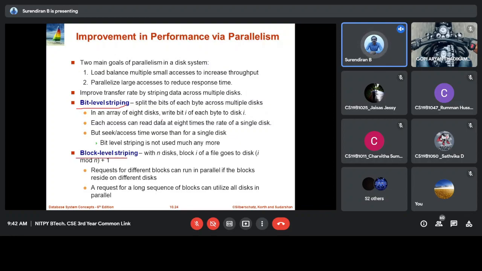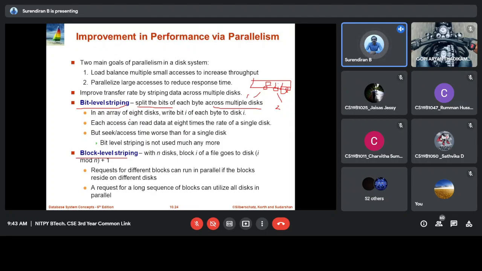Here what it does is, if you have a byte, which is 8 bits, in bit level striping they split the bits and store them across multiple disks. That is, bit one in disk one, bit two in disk two, like that.